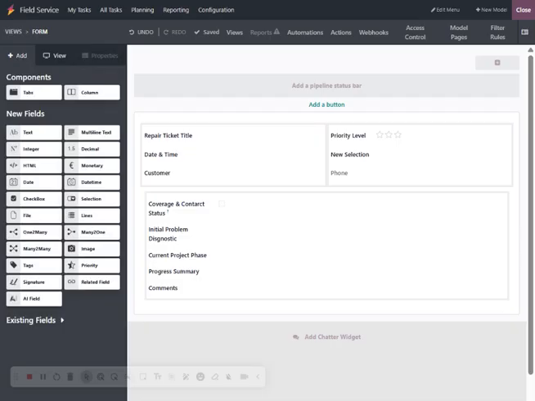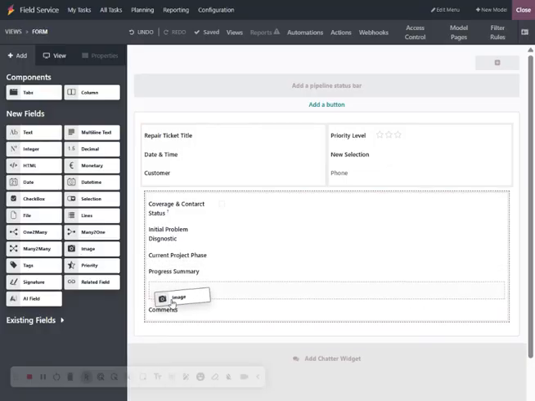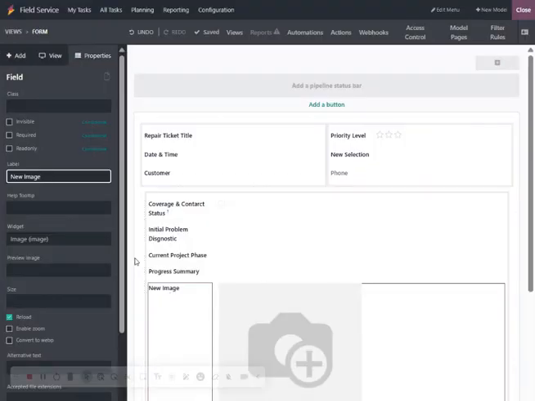I wanted to add some images, like pre and post images. So to do that, I would need to add this image block here and change the label to